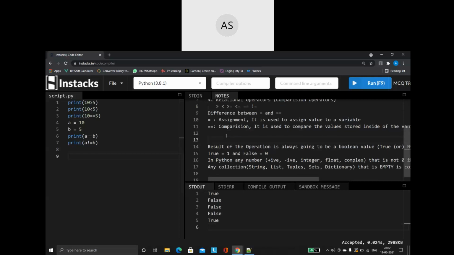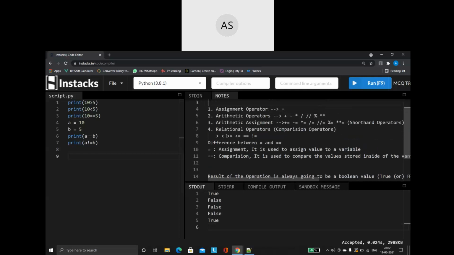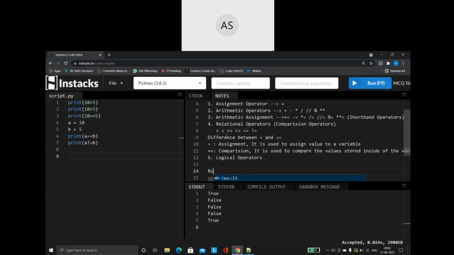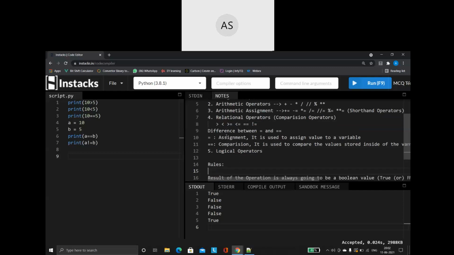Okay. Now, what is the next set of operators that you should be aware of? The fifth set of operators, what you should be knowing, is my logical operators. So what are these logical operators? So remember, all my other operators, we use symbols. Okay, so these are some rules that you have to remember.